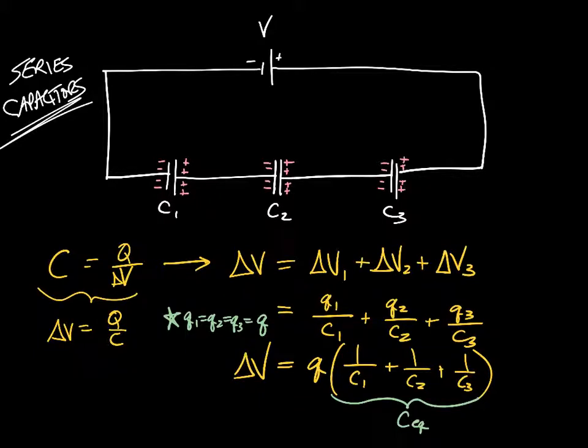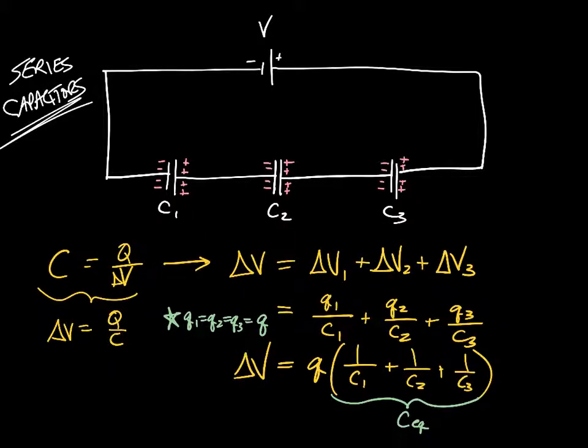Okay, so if I had a 1 and 2 and a 3, then I'd have to add 1 over 1 plus a half plus a third, or whatever those values are, add all that up, and that's my new capacitance. Okay, and so the equivalent capacitance is smaller than the smallest. That's the way this works out